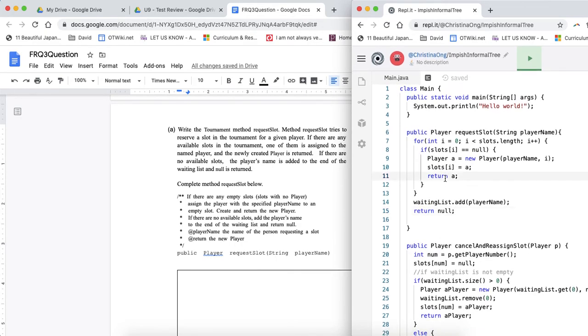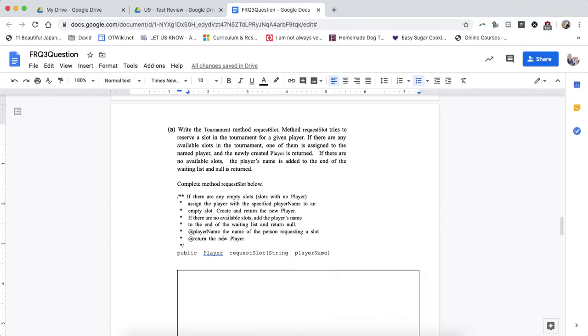Right here, I returned the player, but I returned null in case there was no slot. Okay, I think I'm good, and I've got 2 minutes left, so if I were taking the test, I would write this down in this empty spot, copy paste it in empty slot, or take a photo and